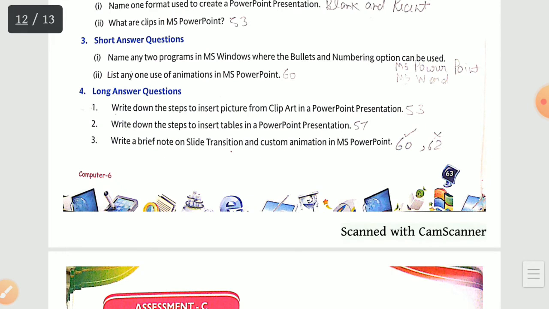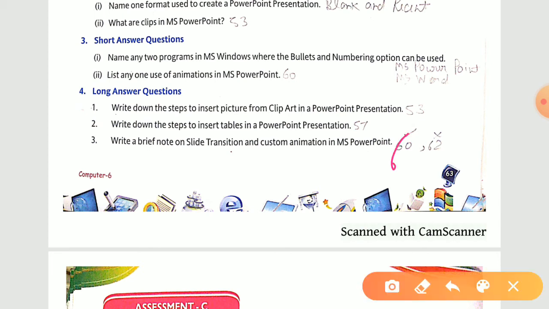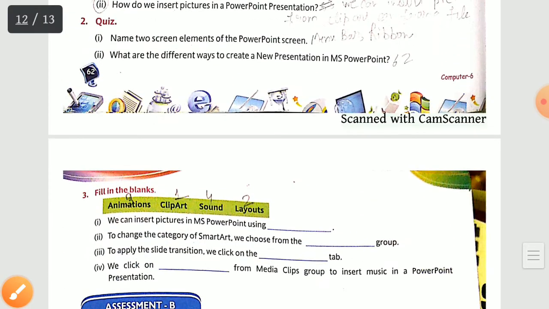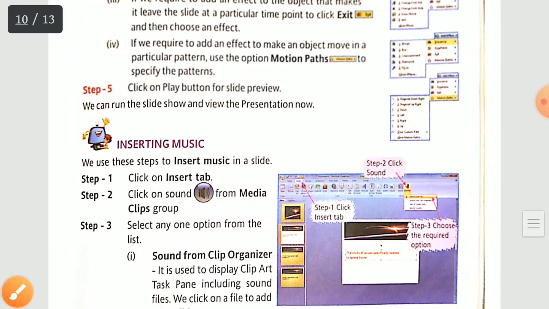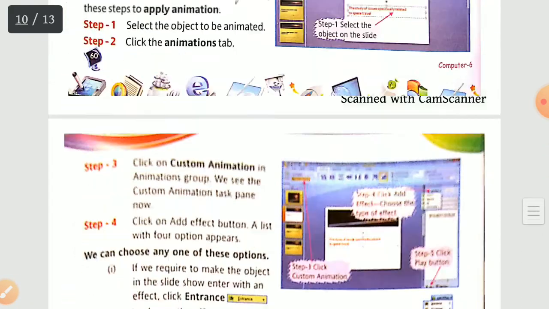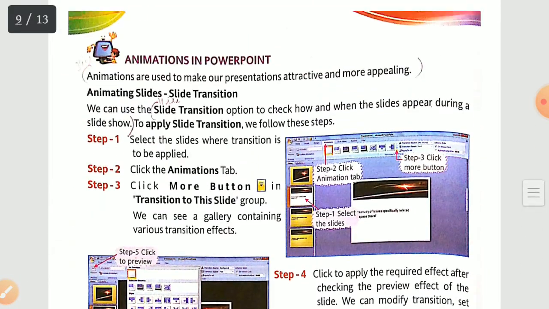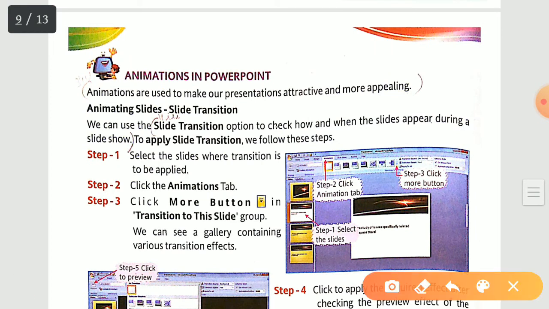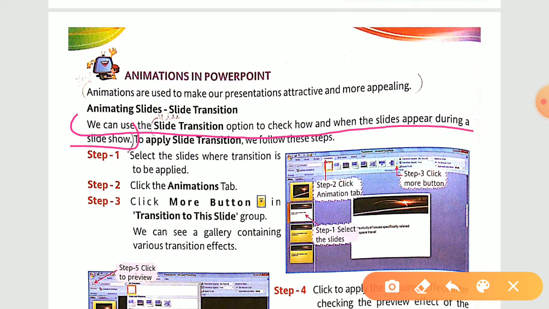See the third one. Write a brief note on slide transition and custom animation in MS PowerPoint. For this answer, you have to turn to page number 60. Now on page number 60, firstly you see at the top: We can use the slide transition option to check how and when the slides appear during a slideshow.